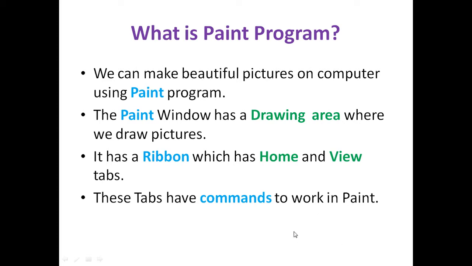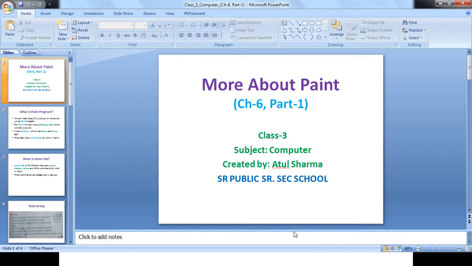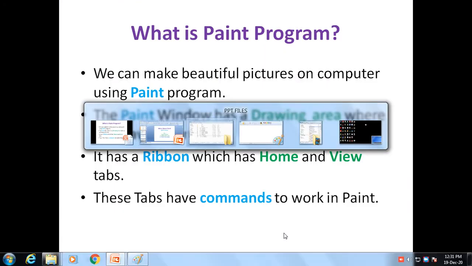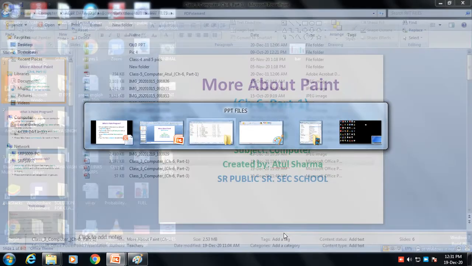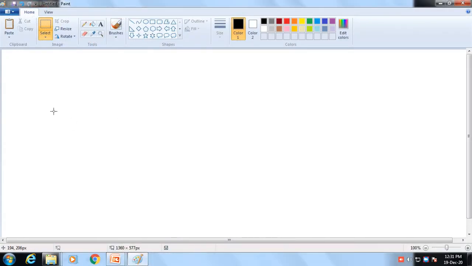Students, you all have seen paint program. Let's see again. See. Yes, this is the paint program. In this paint program, as you can see title bar, two tabs are there, home tab and view tab. In home tab, there are so many commands. These commands are presented on ribbon. Below the ribbon there is a white portion area. We call this area drawing area. Fine, we can draw pictures over here.